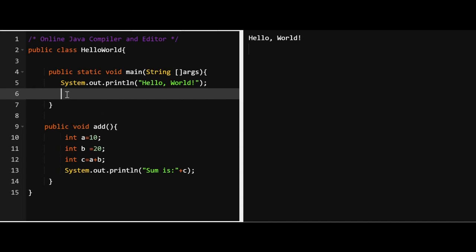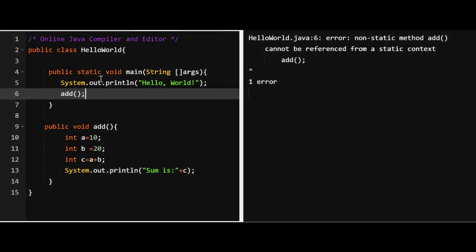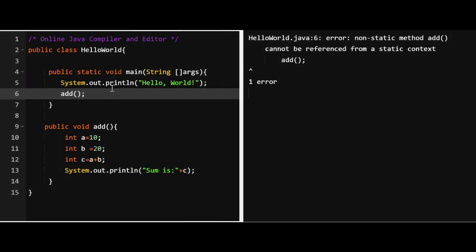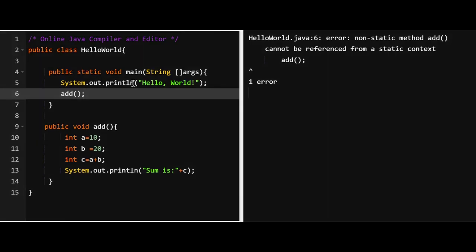If you directly call this add method inside the main method, we are getting the error that non-static methods can't be called in the static area. See this error: non-static method add cannot be referred from a static context, which means this is non-static and this is static. So we are not able to directly call non-static methods in the static area. That's why we need to create an object of the class, and through that object we need to call this add method. Got it? Yeah, we are creating the object like